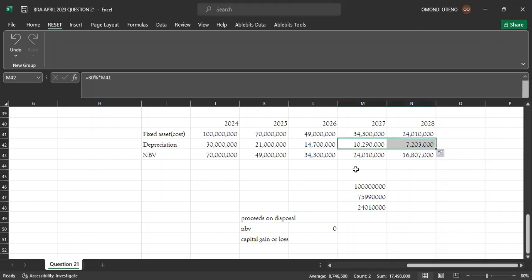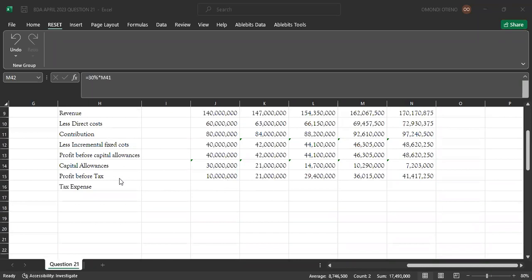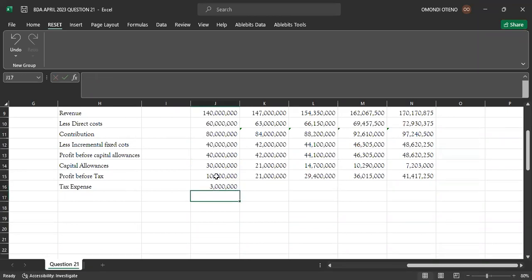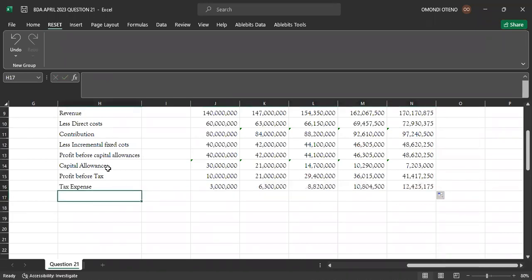Good, so let's proceed. So once you have this, we now have our profit before tax. The tax rate you've told me is 30% of the profit before tax. So I will get my tax. So the profit after tax,